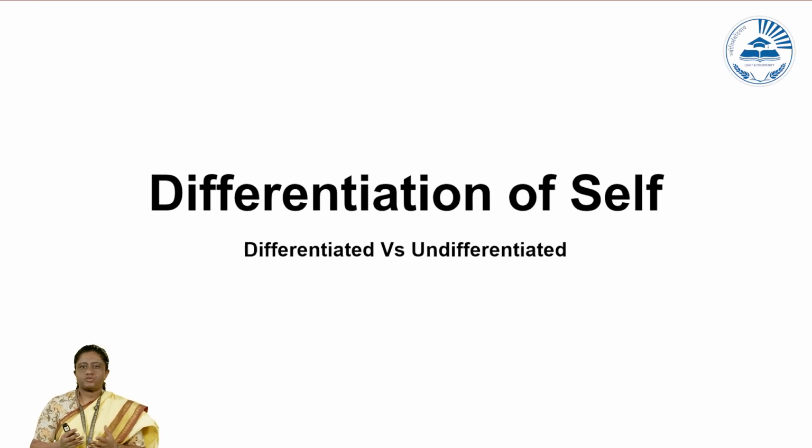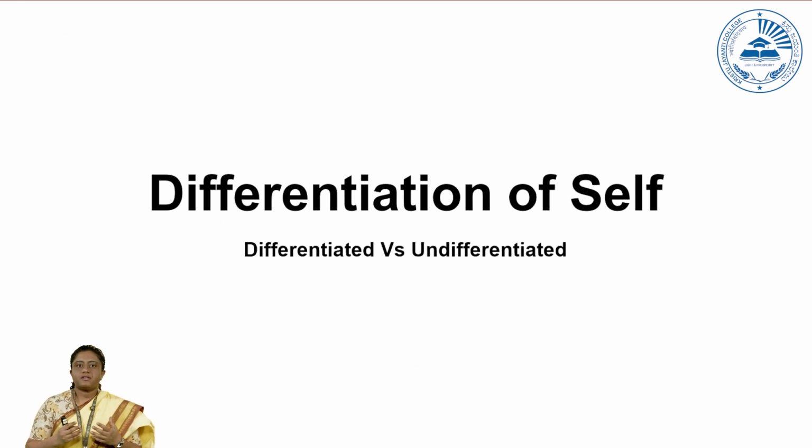which also leads to situations where people who have an undifferentiated self find it very difficult to clearly say that this is who I am and this is how I feel. So it's very difficult for them to express how they feel and what they think in a very clear manner to people around them. And that's also one of the reasons why people who have an undifferentiated self are more likely to be emotionally reactive, either too close or too distant. They find it very difficult to strike a balance between individuation